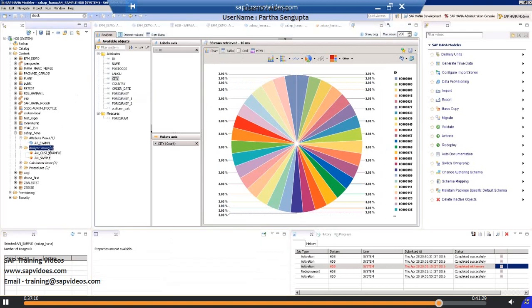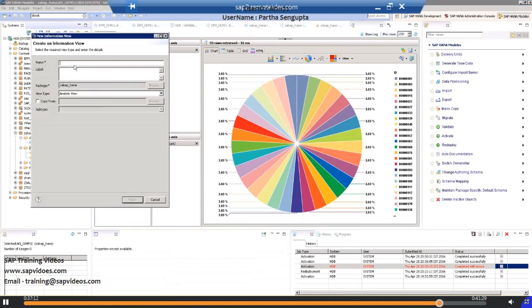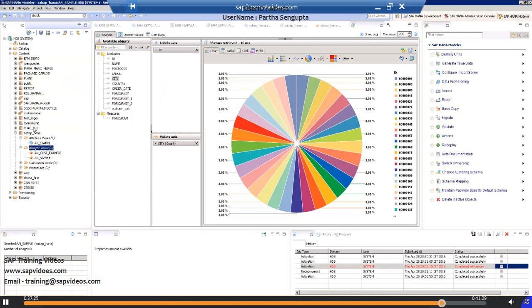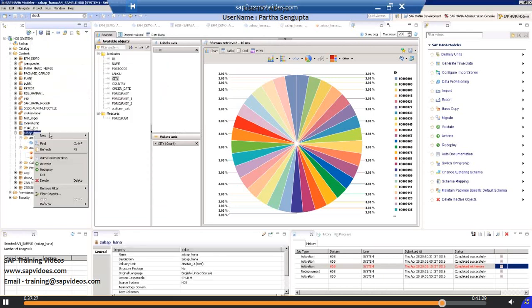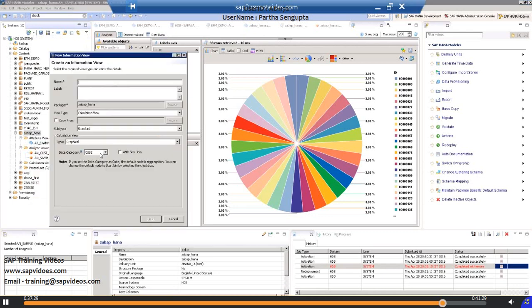Now what I will do is create a calculation view. So new, I'm creating a calculation view. This is the third view which I'm creating. I'm just clicking on cancel. I need to create it on the package here. So new calculation view. While creating a calculation view,